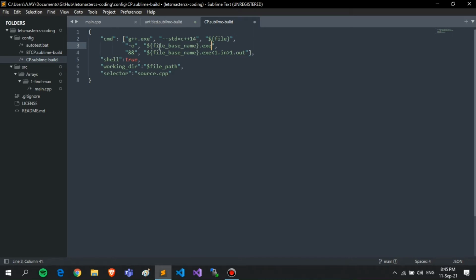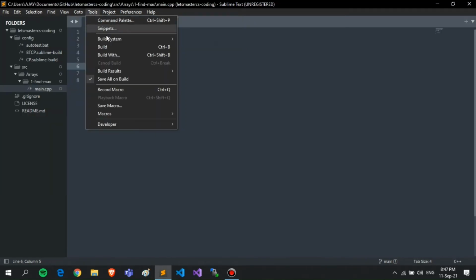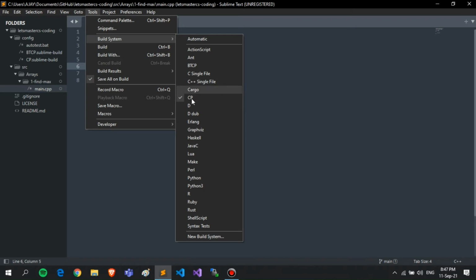So this is your program, and 1.in contains the test cases. The 1.out file will contain your program's output. Now save the file as cp.sublime-build. Now you can see that your build has appeared. Now we will be creating a build for automatic testing. Type the following command and save it as